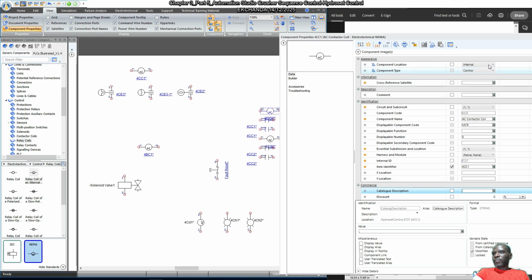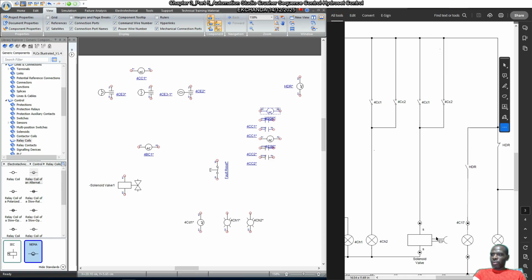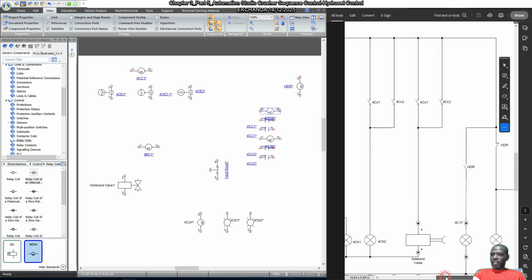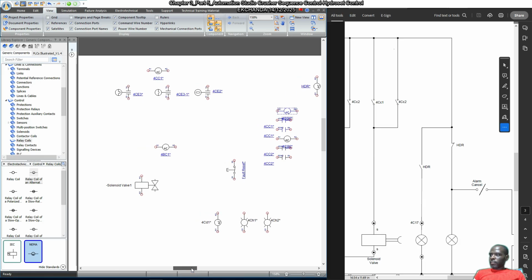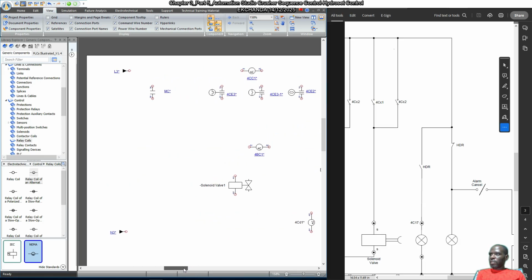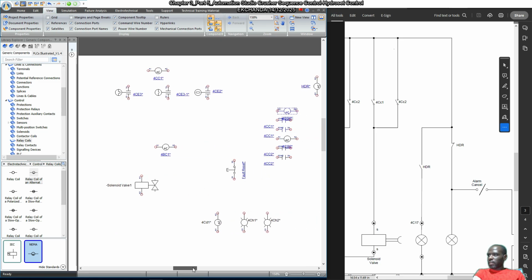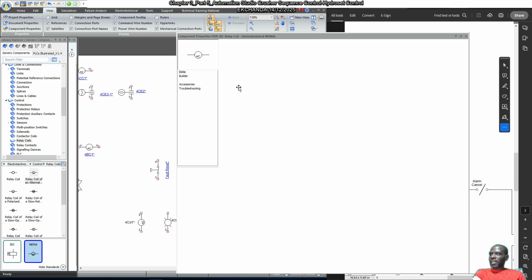Okay, we have 4cc1, 4cc2, the solenoid valve, and thereafter HDR. Okay, so HDR should be right about here somewhere. Okay, so this is our HDR, and then HDR we expect to have